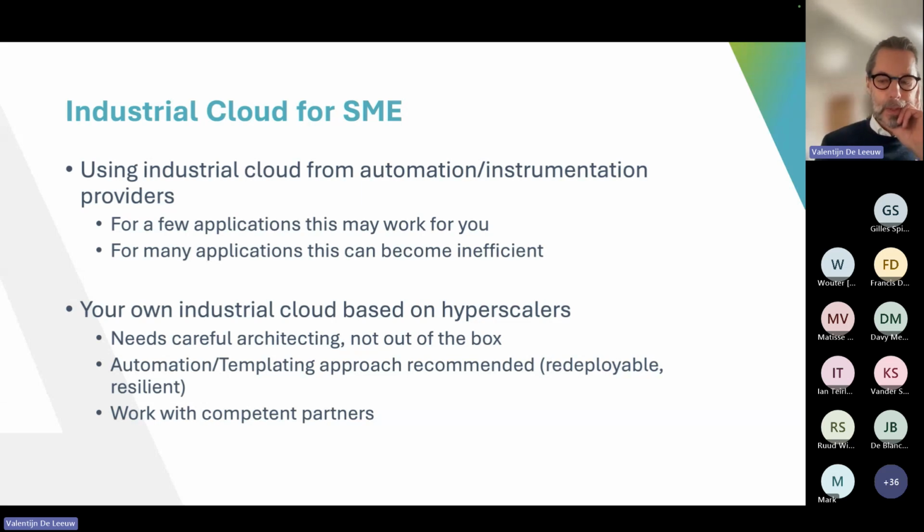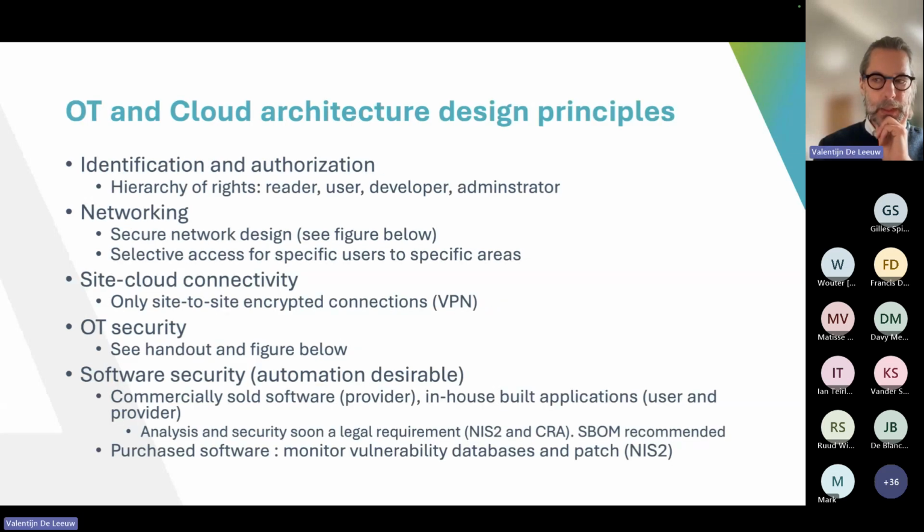But there is an upfront project to do to make that work. And so our recommendation is to work with competent partners. We have our own partner here in the call if you want to ask questions. So very briefly, there are many, many more things to discuss, and we're happy to do that with you offline in another setting. But just very briefly,